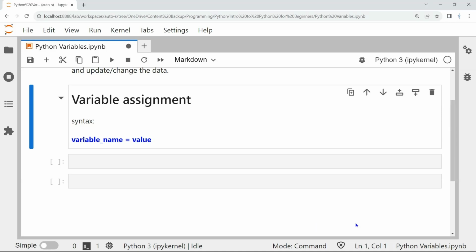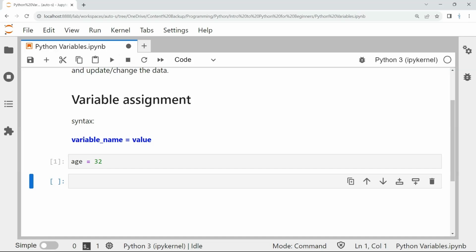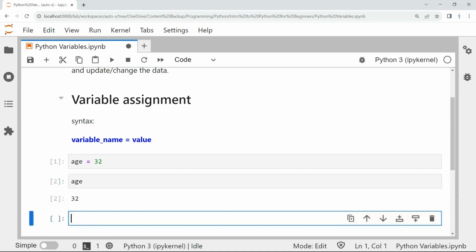So let's look at an example right away. Let's create a variable for age with the value of 32, and I'll simply just name it age. Let's run that to see what happens. So we don't get any output, errors or otherwise, and that's exactly what we should see because this operation is happening in the background. To see if things went well, we can write the variable name and run that to see what was saved in it. So let's just write age in the following cell, run that. Variable age is now the number 32.